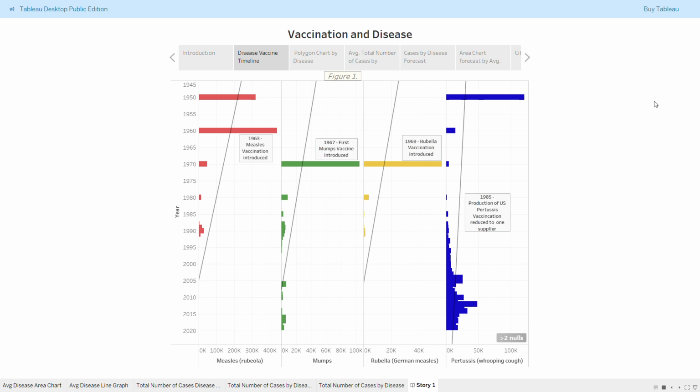And so what we have in front of us here is a simple bar graph, and we have measles, mumps, rubella, and pertussis, whooping cough. We have annotations on each of them. For the first 3, we have when the vaccine was introduced for that specific disease, and on the right for pertussis, we actually have a decrease in the production of pertussis vaccinations in the United States due to a scare in the 1970s and 80s of a side effect of the pertussis vaccine causing encephalopathy, which is swelling of the brain. And so as we can see here, obviously, there is a prevalence in society of these diseases,